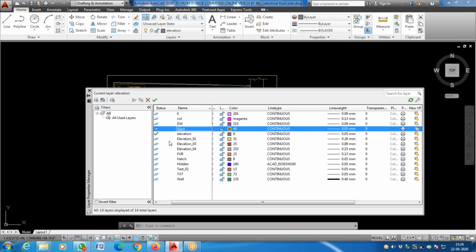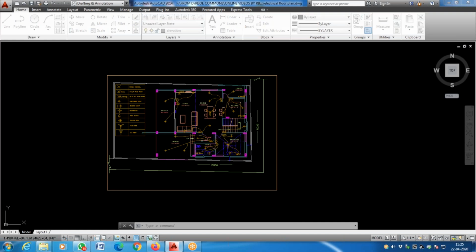Okay, elevation is given. There are 4 elevations in this. This is a part of a big project, so there are four elevation lines to highlight what is in the front, what is behind, and all that. So they are given 1, 2, 3, 4 line thicknesses. So you can have a good look at the line thicknesses here and the colors given here. Extremely good, extremely pleasing colors. Okay, while printing. Now with this, the problem is, as I told you, while printing,